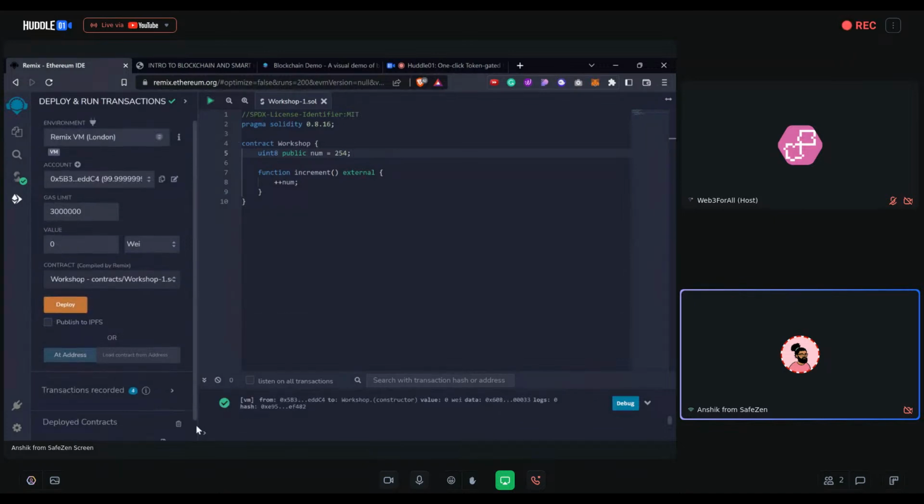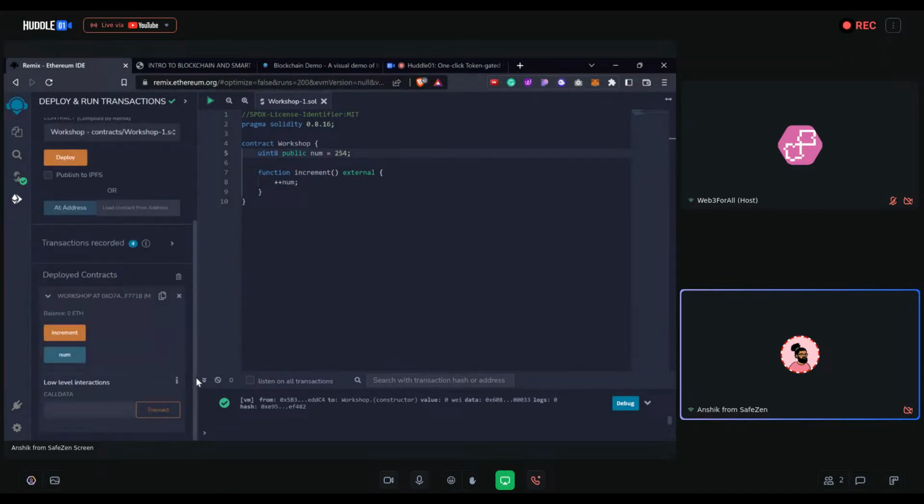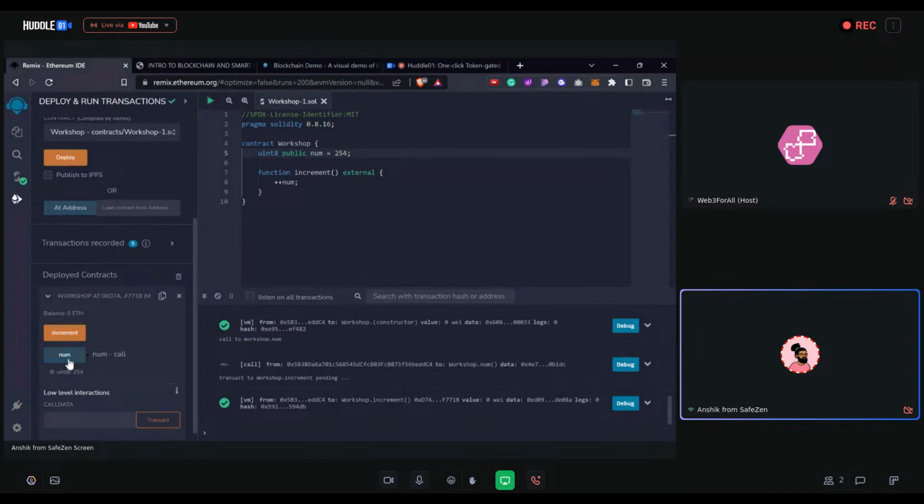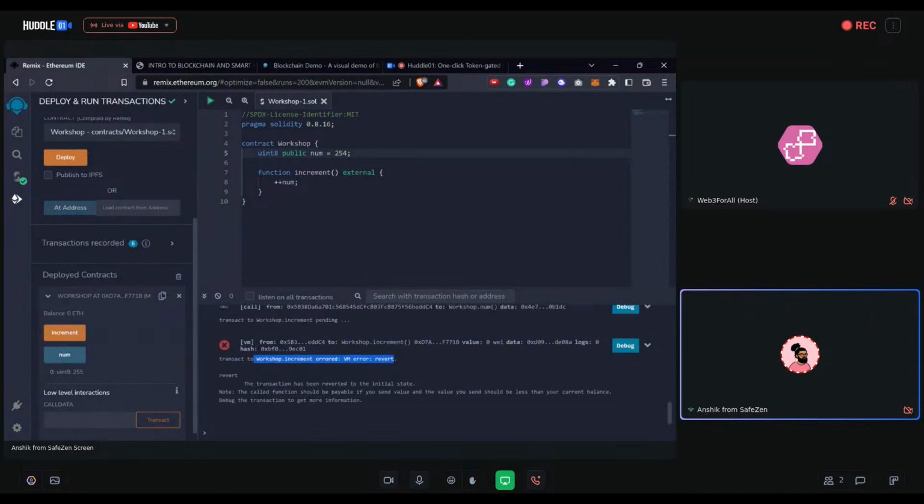So this contract has been deployed, and I'll read this again. First of all, I'll check the num value, that is 254. Then if I call increment, that is going to give me 255. And after that it should give us an error, an automatic revert error. We do not need to write anything special within our contract,